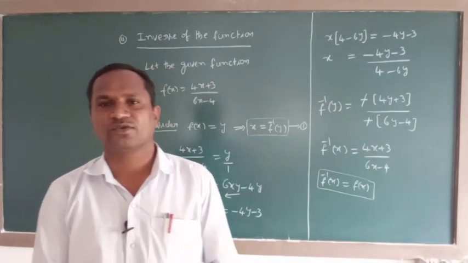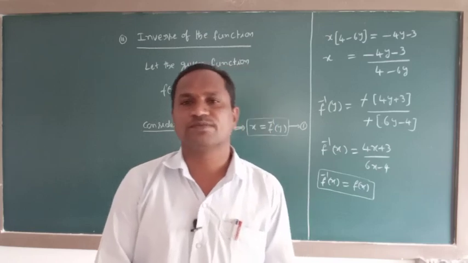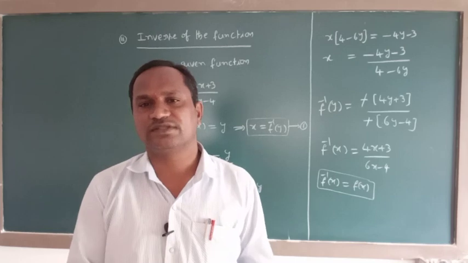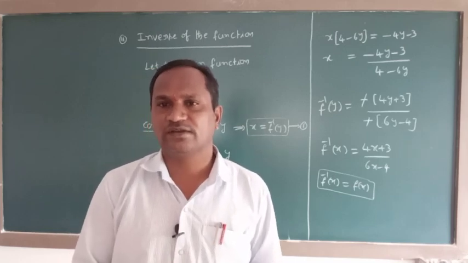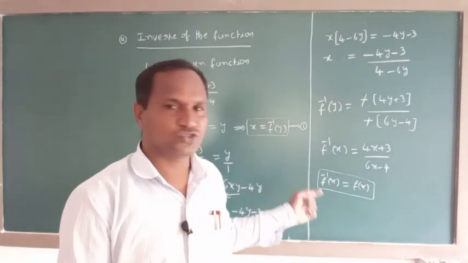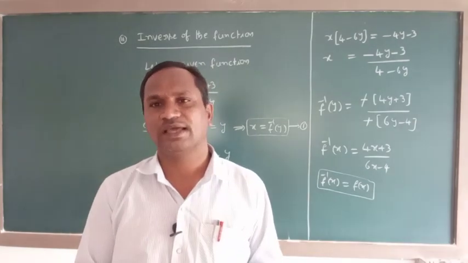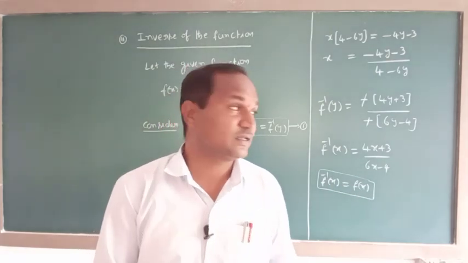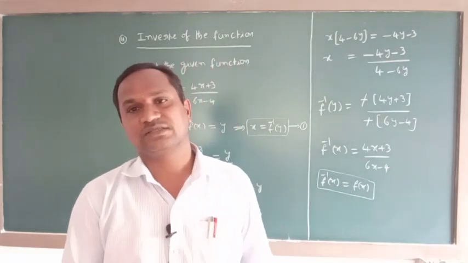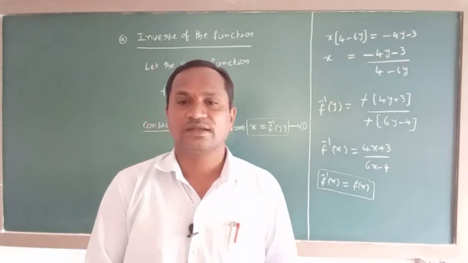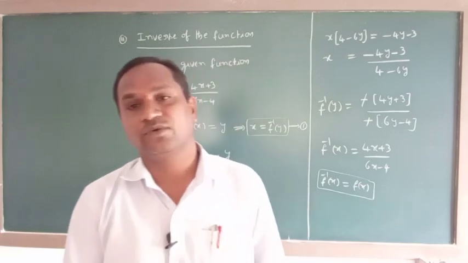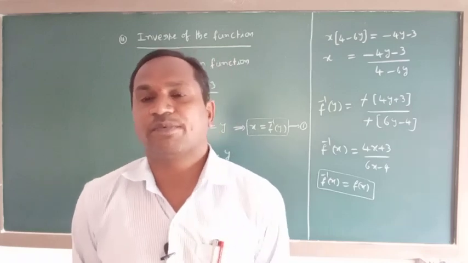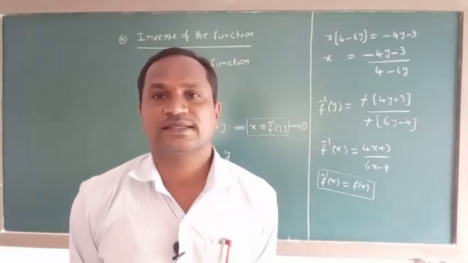Like that, today we have finished some problems on composite functions, like how to find g circle f of x and how to find f circle g of x, even how to show that f circle f of x is equal to x. Then we found the inverse of the function also. That finishes all types of questions from exercise 1.3. Next class I am going to start the next lesson, binary operations. About that we will discuss in the next class.